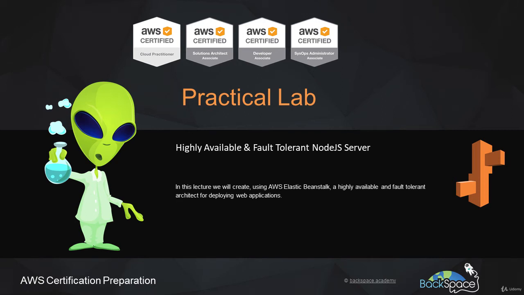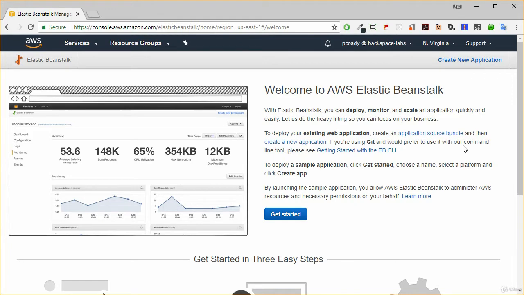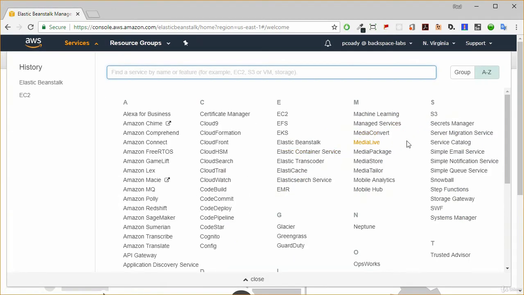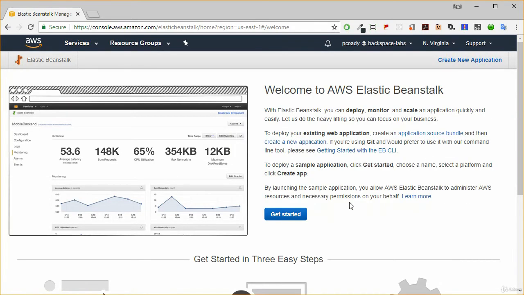In this lab on Elastic Beanstalk, we're going to be using the Elastic Beanstalk service to deploy a NodeJS application and deploy it to a highly available and fault-tolerant architecture. So starting off in the Elastic Beanstalk console, again, we get there from Services and Elastic Beanstalk. Once we're there, we can see a welcome screen there if we haven't got any Elastic Beanstalk environments already. What I'd like you to do now is just click on Get Started,